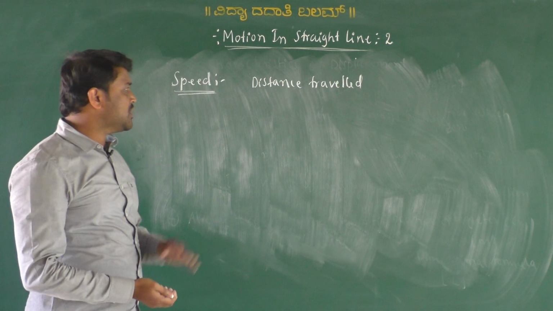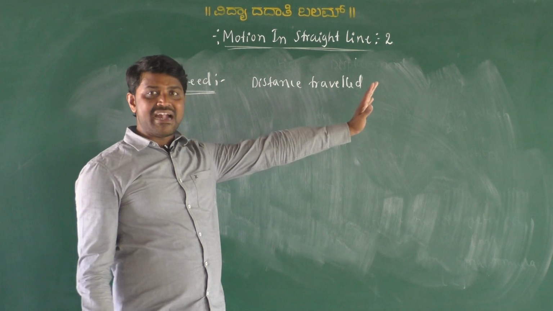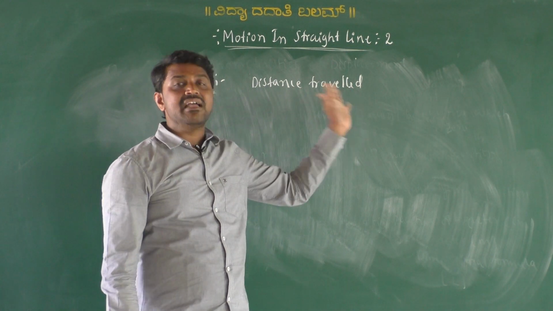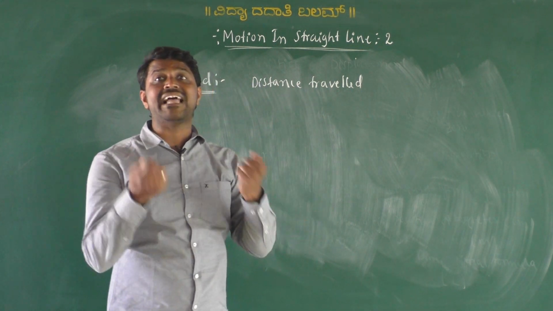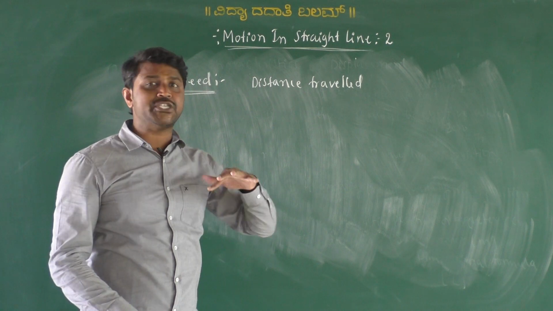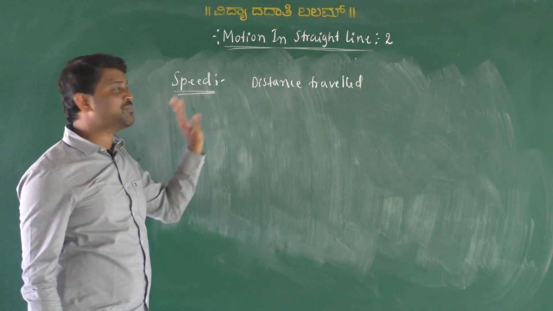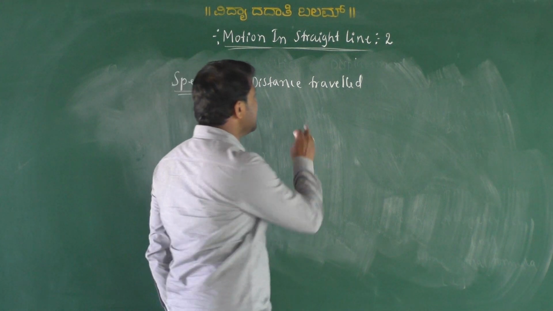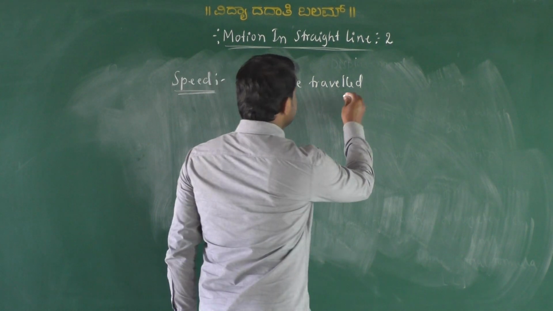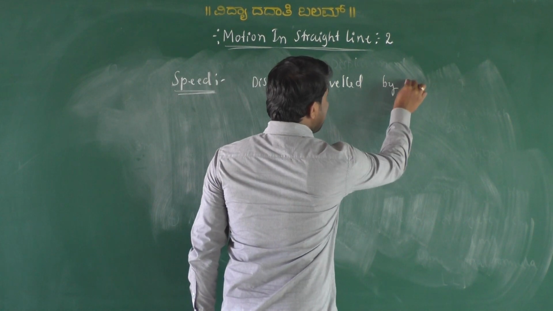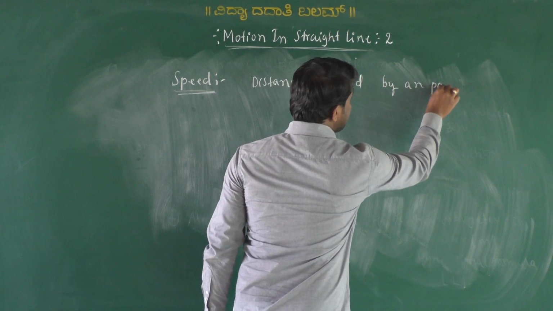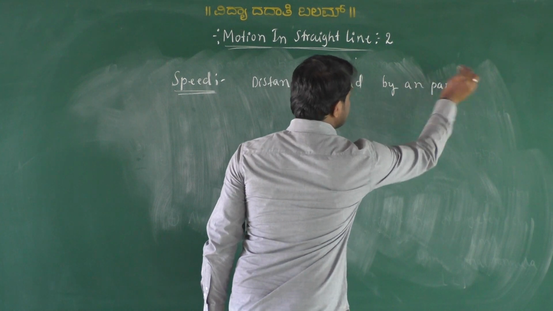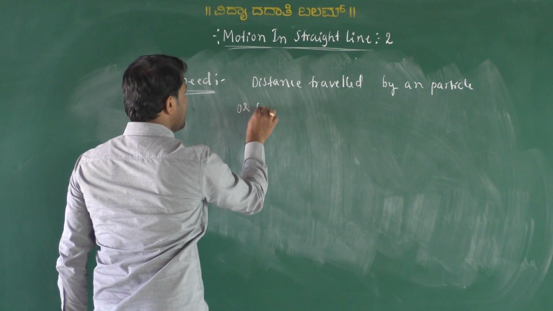ಒಂದು ಕಾಯ ಅಥವಾ ಒಂದು ವಸ್ತು ಟ್ರಾವೆಲ್ ಮಾಡ್ತದೆ ಅಂದರೆ ಎಷ್ಟು ಡಿಸ್ಟೆನ್ಸ್ ಅನ್ನು ಕವರ್ ಮಾಡಿದೆ, ಆ ಡಿಸ್ಟೆನ್ಸ್ ಅನ್ನು ಕವರ್ ಮಾಡಲಿಕ್ಕೆ ಎಷ್ಟು ಟೈಮ್ ತಗೊಂಡಿದೆ ಅಲ್ವಾ, ದ್ಯಾಟ್ ರೇಷಿಯೋ ಈಸ್ ಗೋಯಿಂಗ್ ಟು ಬಿ ಕಾಲ್ಡ್ ಆಸ್ ಅ ಸ್ಪೀಡ್ ಅಂತ ಕರೀತಾರೆ. ಅಂದ್ರೆ ಅರ್ಥ ಏನಂದ್ರೆ ಡಿಸ್ಟೆನ್ಸ್ ಕವರ್ಡ್ ಟ್ರಾವೆಲ್ಡ್ ಬೈ ಆನ್ ಪಾರ್ಟಿಕಲ್ ಆರ್ ಆಬ್ಜೆಕ್ಟ್